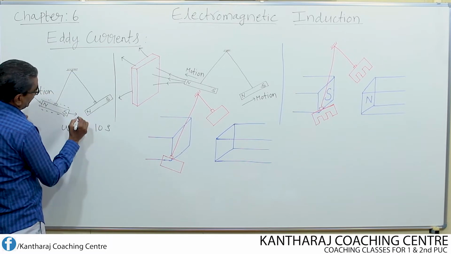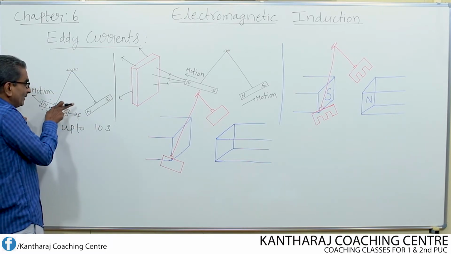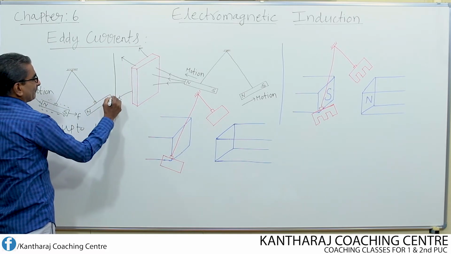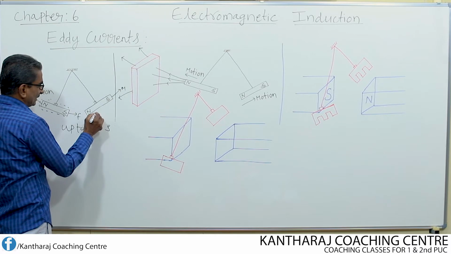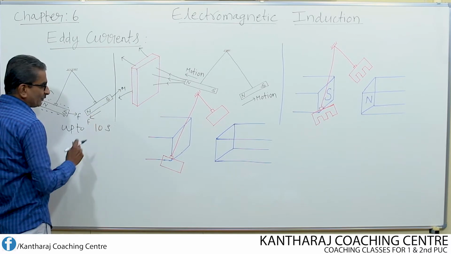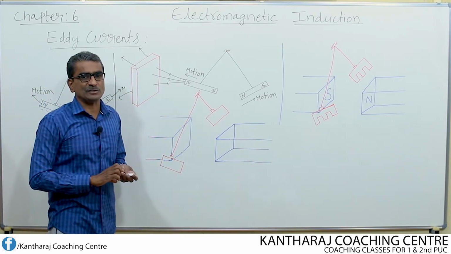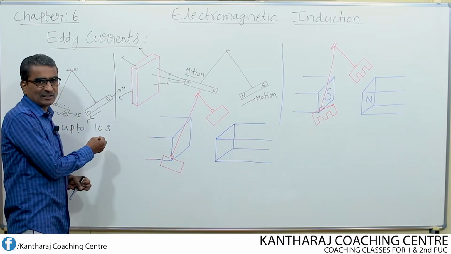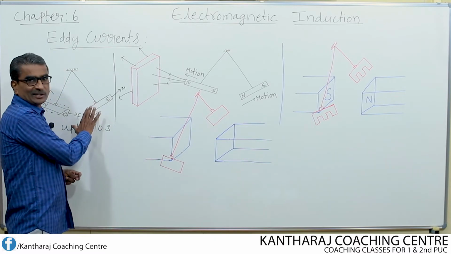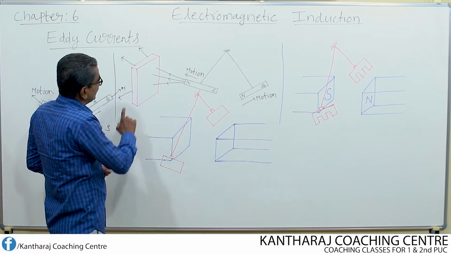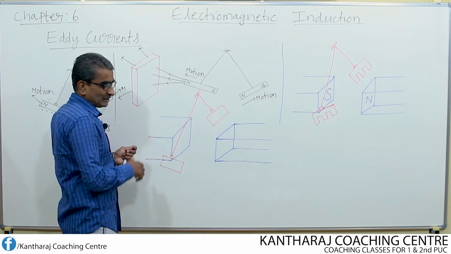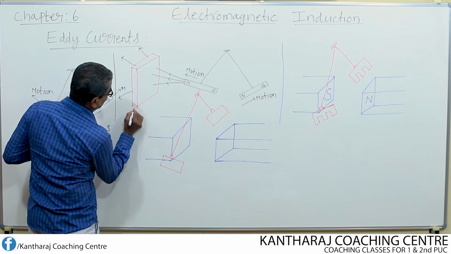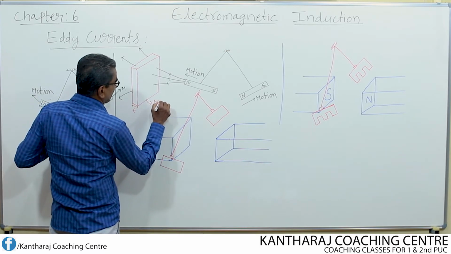When the magnet is moving like this, if this is the direction of motion, then this will be the frictional force F. Now when the magnet moves the other way, if this is the direction of motion, then this will be the direction of frictional force, and this frictional force is due to air particles. So that's why the magnet is able to oscillate for a certain long duration. In contrast, let us now consider one thick metallic plate, having a certain thickness, say T.